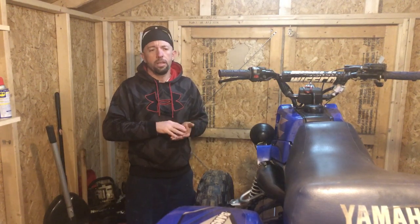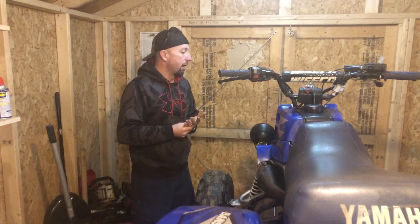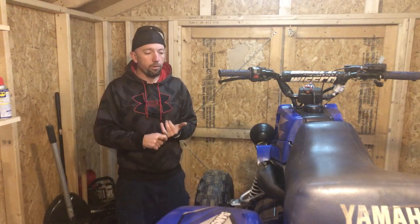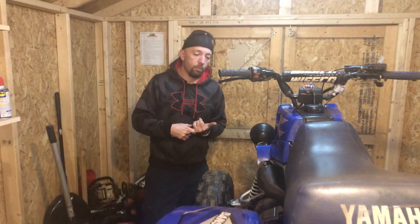And then we just got a Chinese built aluminum clutch basket. I'm not sure what brand it is, but I'll show you guys that too. We're going to get rid of the OEM clutch basket because it's got some play in it too, upon being grooved out. So we're doing all that. We got a Tusk clutch we're going to throw in this thing. I need to get those pads out and get them soaking in oil. And other than that,